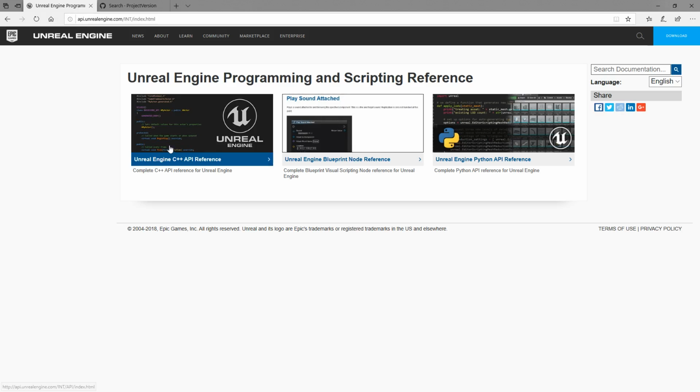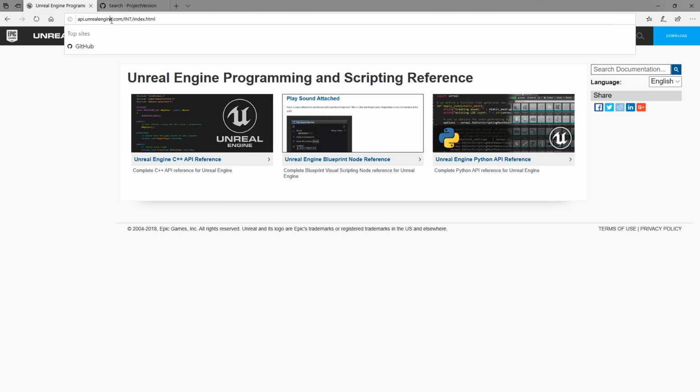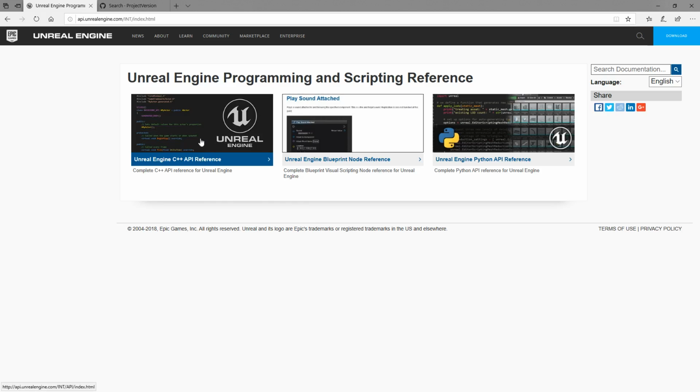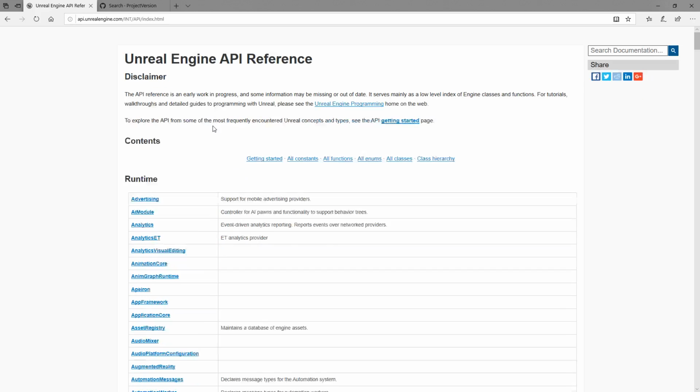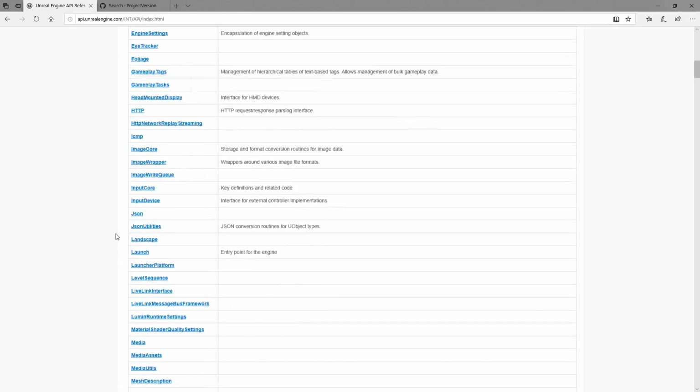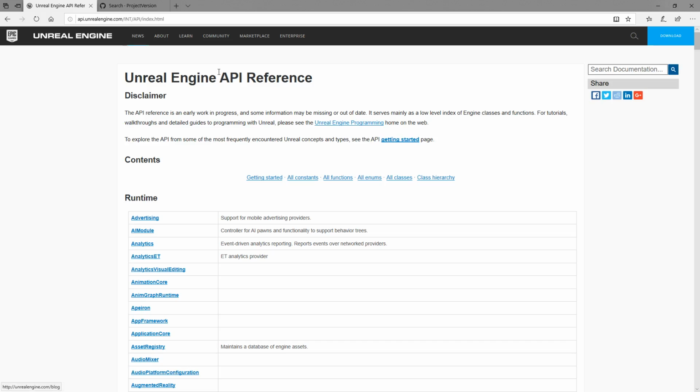The other one is the actual API or application programming interface for Unreal Engine. API to unrealengine.com will take you to this website, and you have the C++, Blueprint, and Python references. In the C++ references, you have all the stuff we care about. So like, for example, you could look through here for project version,